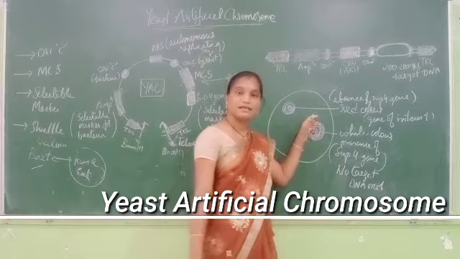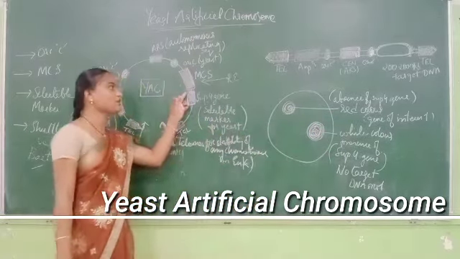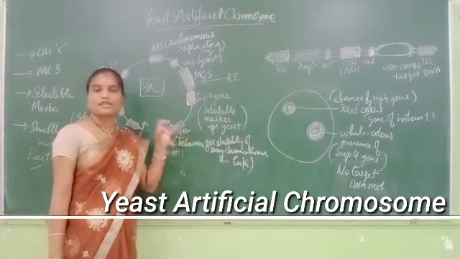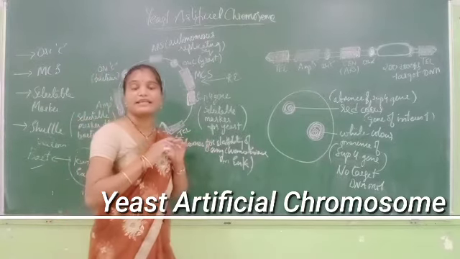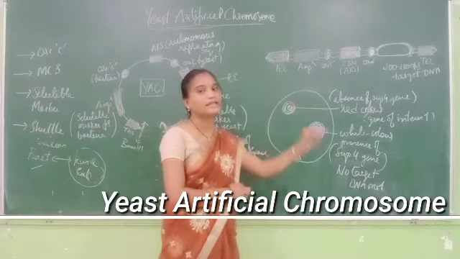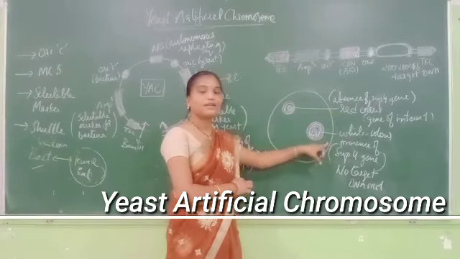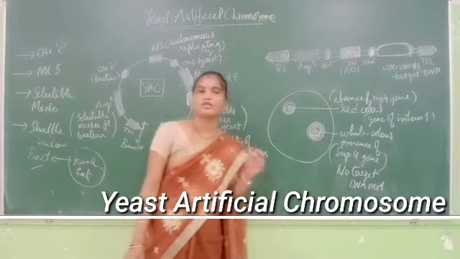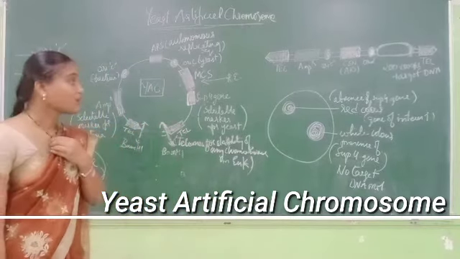How is this red color observed? Because this target DNA molecule, when it goes and sits on your SUP4 gene, then this SUP4 gene is totally disrupted. It won't suppress the red color, so red color cannot be suppressed. Hence red color indicates your target DNA molecule is easily transformed in your yeast, hence absence of SUP4 gene. And white color colonies indicates presence of SUP4 gene, means no target DNA molecule is present. So this is the working and features of your YAC.